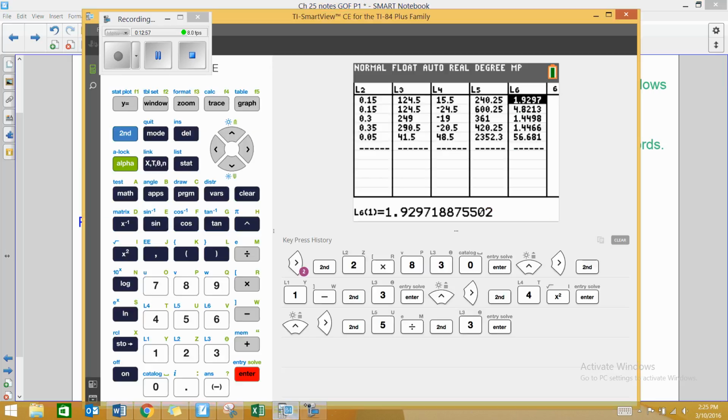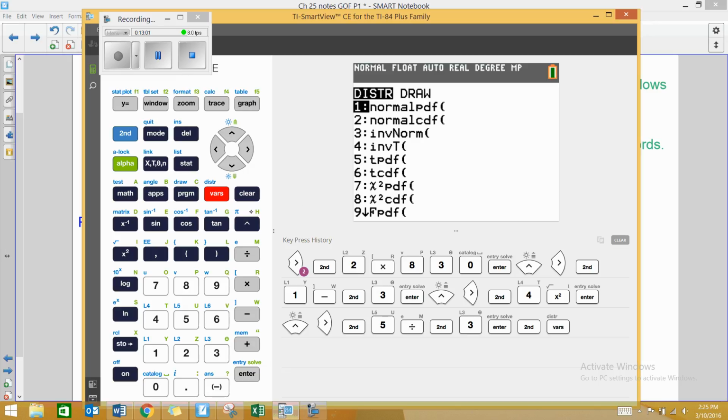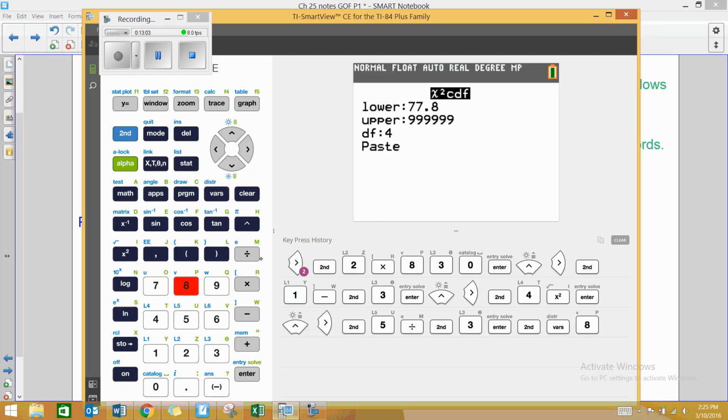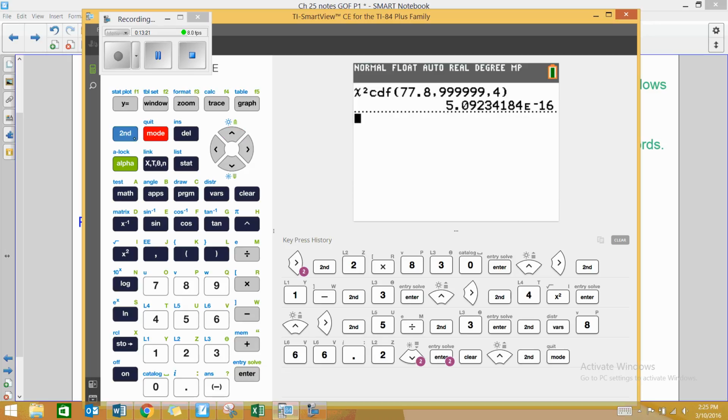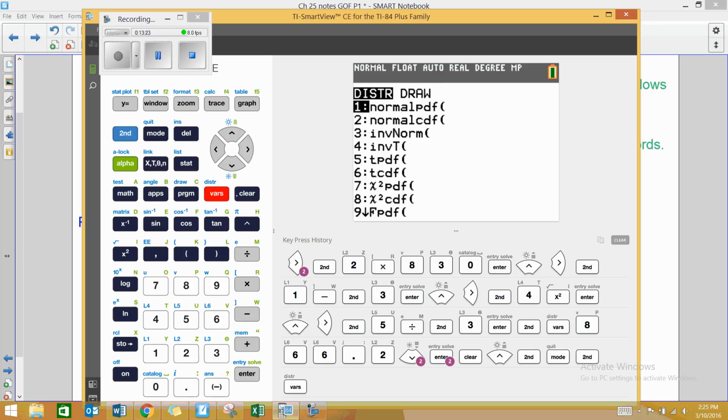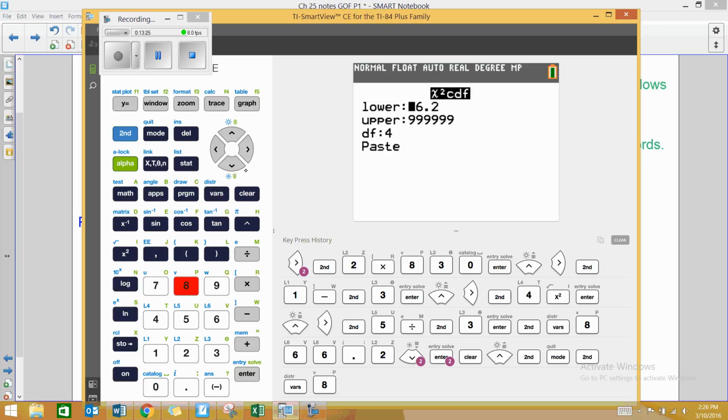in our calculators, we'll go to second distributions and go all the way down to option 8. Option 8, we want 66.2 all the way over to a bunch of 9s, degrees of freedom, and paste. Oops. Hopefully you guys didn't do that. We want to be in our home screen before we do that. So second vars, now option 8. Value should still be in there. And we paste